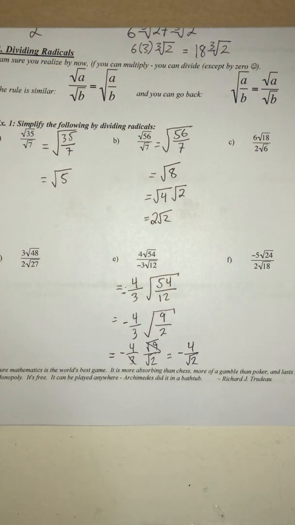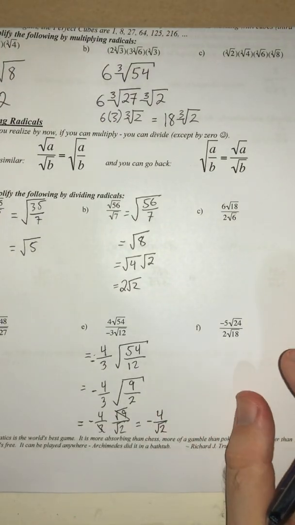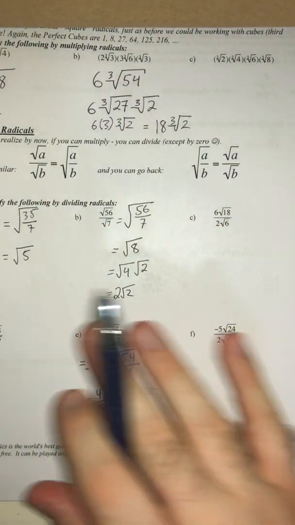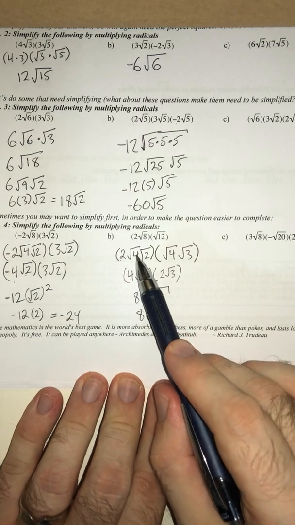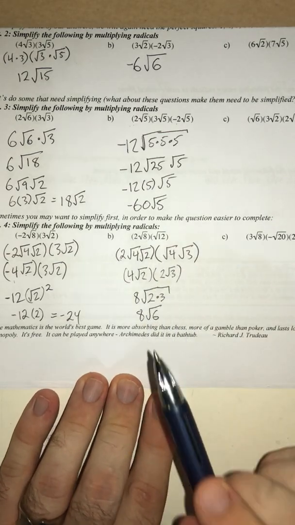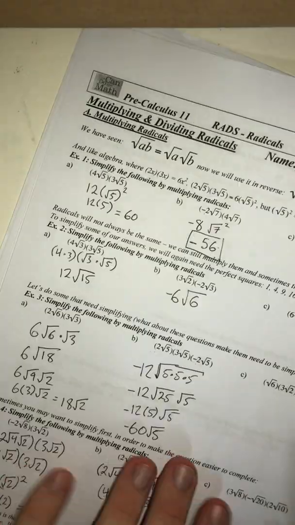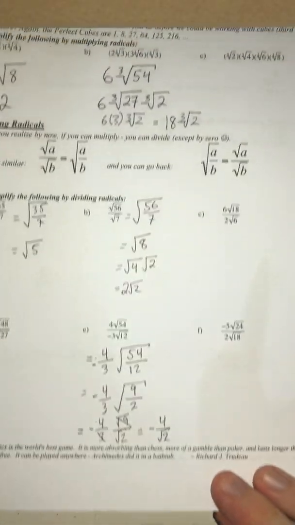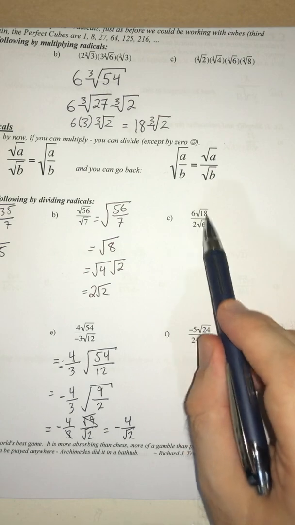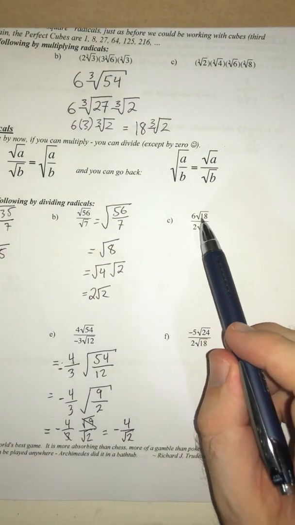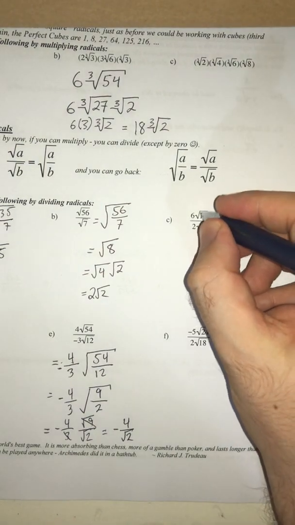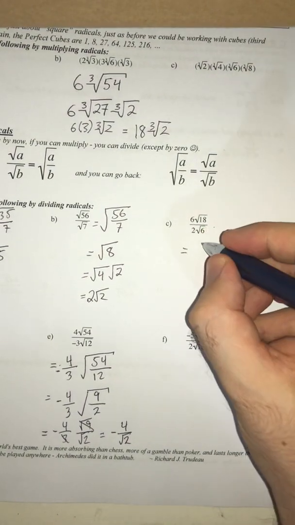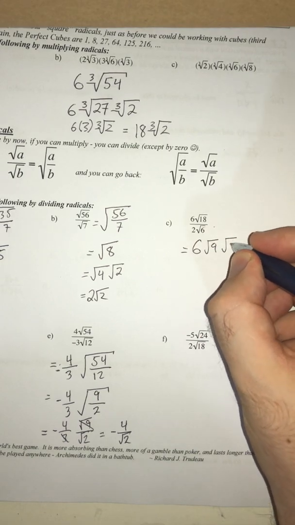Oh, there's one other thing I wanted to share with this. I forgot. Remember, we said for some examples up top here that you can simplify. So for example, this other page, we said you can simplify this first before you multiply. You can do the same thing with dividing. You can simplify before you divide. For instance, this one here. You'll notice up at the top, I can actually take out a 9, right? Square root of 9. So this would give me 6 root 9 times root 2